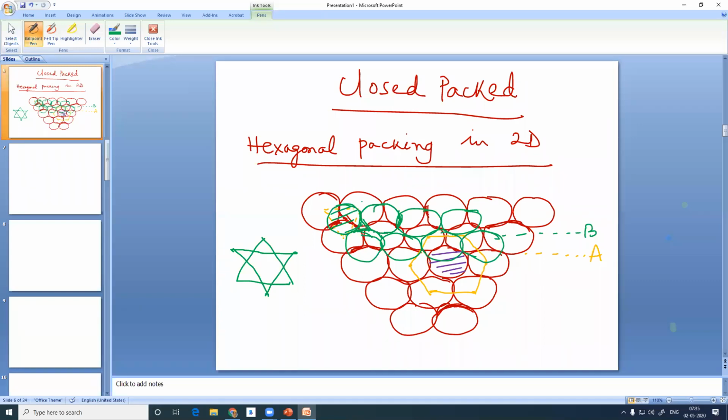Supposing you take this as one side of the square, this too as one side of the square, this is the square, one is lying above, one is lying below. You can also take this as one side, this as one side, this is the square, and one is lying above, one is lying below. So in 3 ways, you can visualize the geometry to be octahedral. Don't worry, we will be writing everything. Holes are very important for your examination.